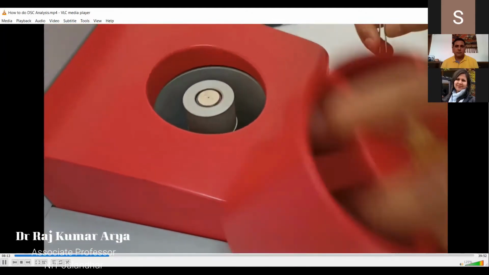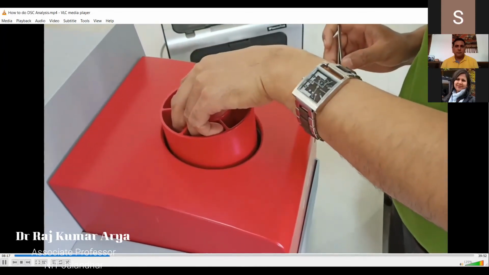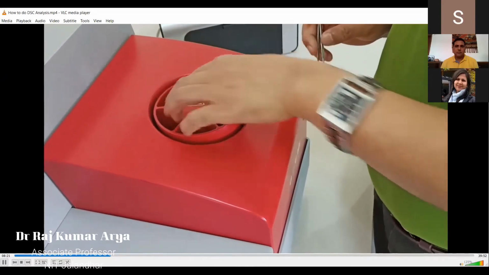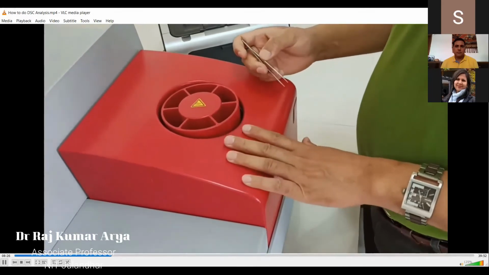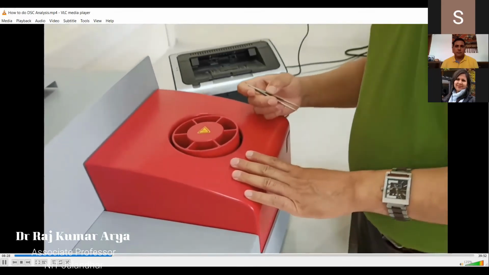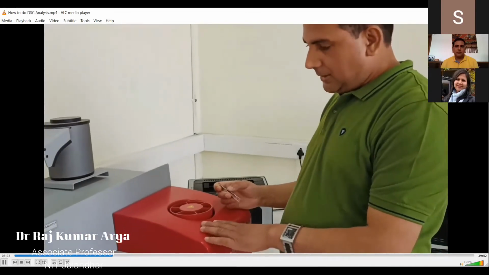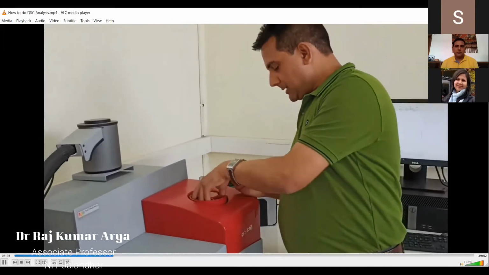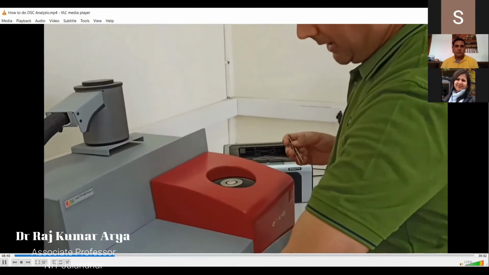And once it is done, you can carefully put this outer cover on, and after that you can slightly press it down, don't press it hard. This is in the case that you want to do the analysis from ambient temperature to 700 degrees Celsius. If you want to go to the sub-ambient part, in that case you remove that particular piece, and